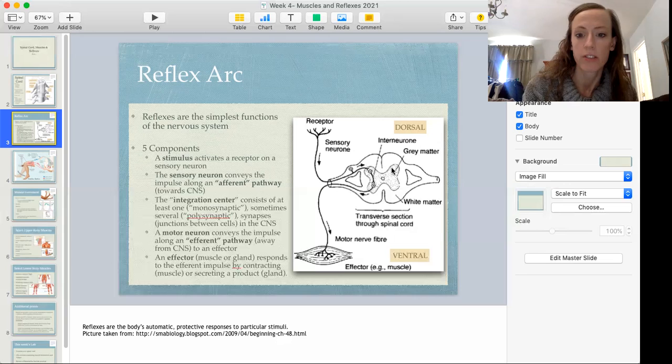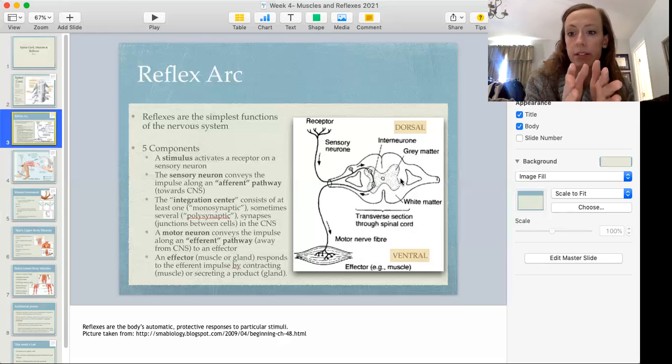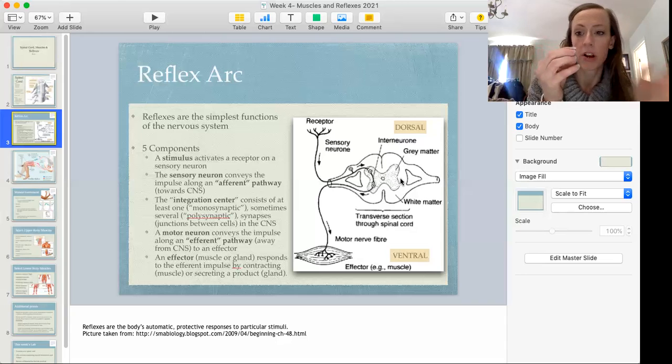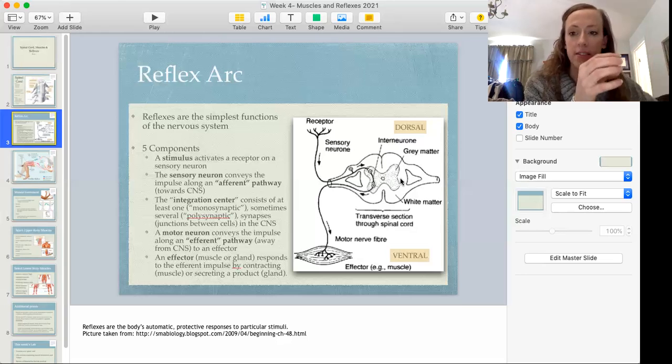The integration center is going to be in the spinal cord, and it can be comprised of one synapse between two different neurons, just a sensory and a motor, or multiple synapses. So a synapse is the space that is between two different neurons. So incoming signal from one neuron, little space where it junctions with another neuron and sends a signal to the receiving neuron. Okay, so one synapse can